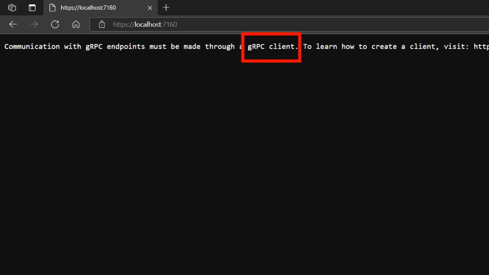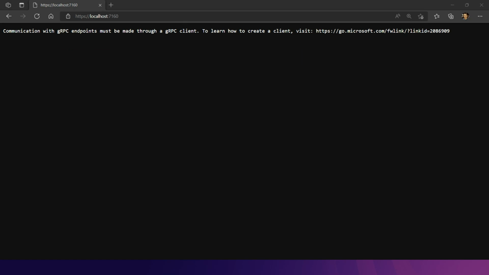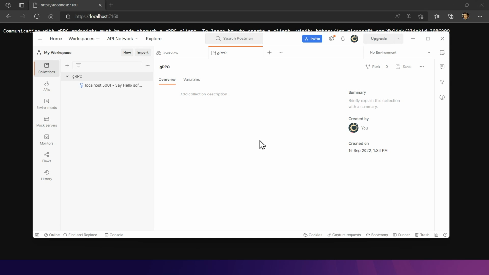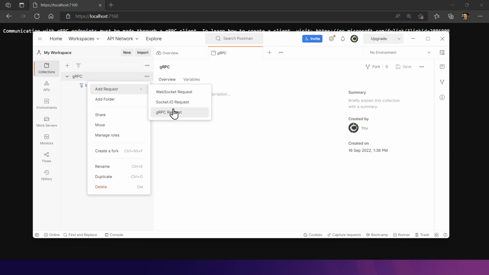Now, there are a couple of ways we could test the server that we've just created. We could create a .NET client using that greet.proto file. But what I'm going to show you today is using a testing tool called Postman to invoke our server. Postman is probably pretty familiar to a lot of you. It's always had great support for invoking RESTful HTTP APIs and has all kinds of advanced features. But recently it's added support for gRPC requests.